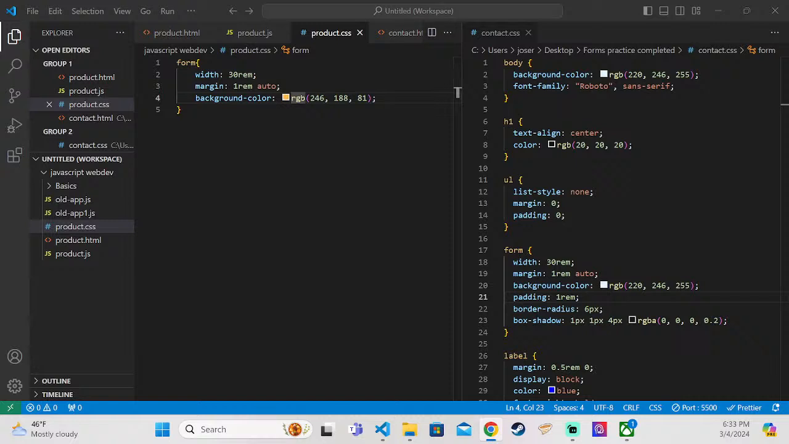Now that we added this form element, we can of course also